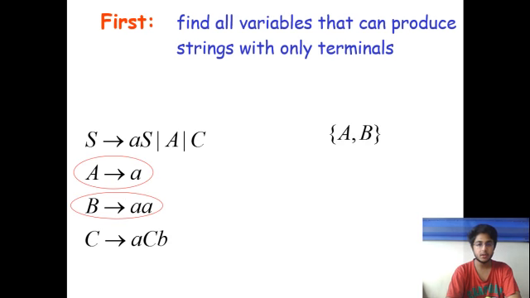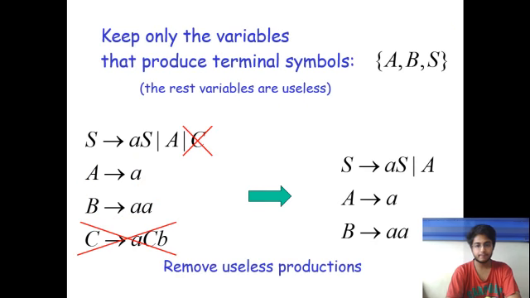Now in each production we check if there is any combination of capital A or capital B present. We find that it is present in the first production, that is the production for S. Hence we include S in the set. Now we can see that capital C is the only one which is not present in the set. Hence it is a useless symbol. So we get this as the production after removing C.